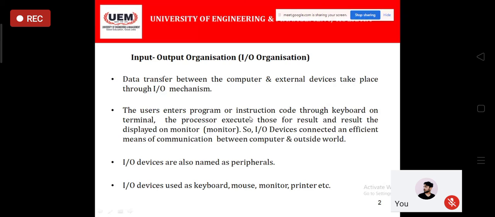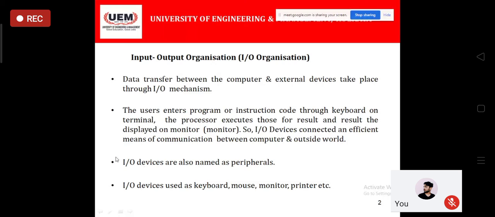Like when you are doing some data transfer between the computer and the outside world, you are pressing a key on the keyboard or clicking the mouse, whatever you are doing, this is the outside world, right? And you have some computer, so there should be some communication between the outside world and your computer. Who is going to govern all these things? The IO devices and some IO mechanisms are there. Okay, so you can have these IO devices.